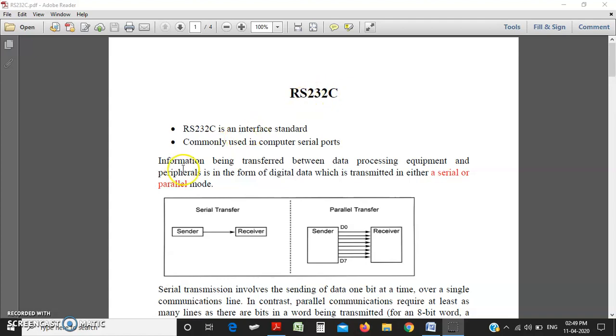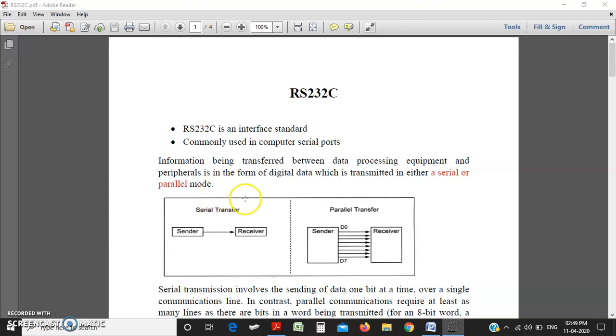Information transferred between two devices can be in serial mode or parallel mode. So we have two modes of transmission, serial mode and parallel mode.